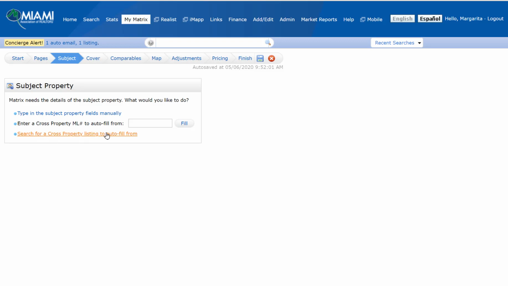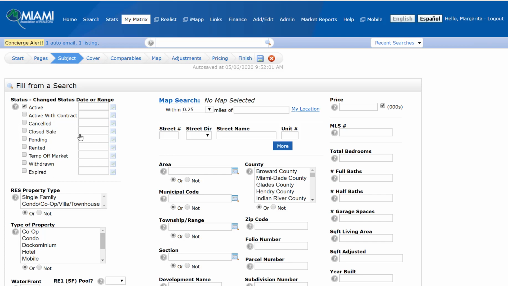So I'm going to go ahead and search the MLS using the last option, and I'm going to see if my subject property has been listed. First thing I'm going to do is on the left hand side, active is always marked or selected. I'm going to take that check mark off, and then in the center column I'm going to plug in the address. So with Matrix, less is more, and so when it comes to the street name,